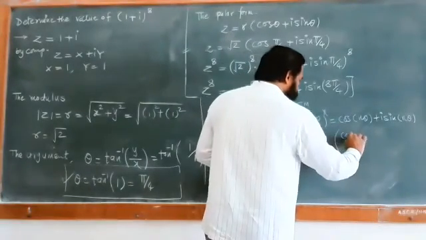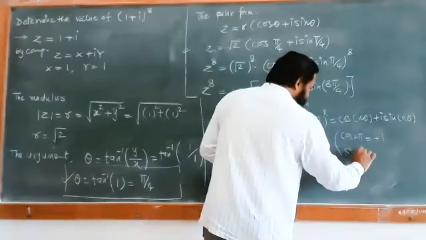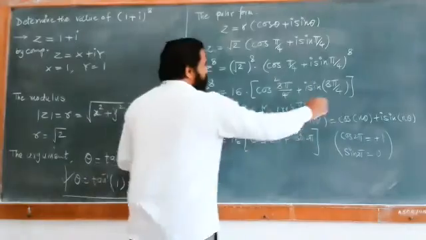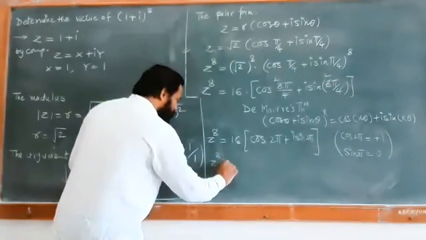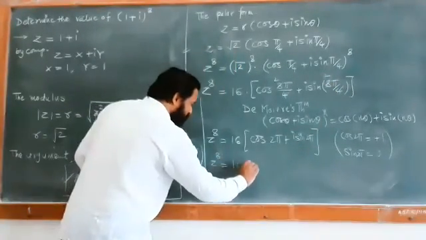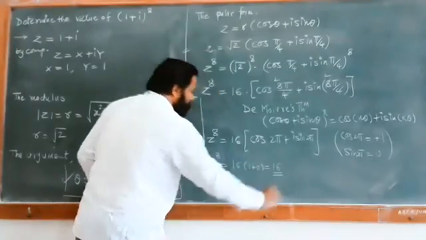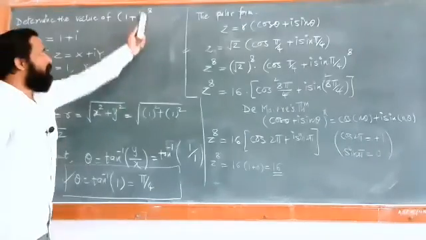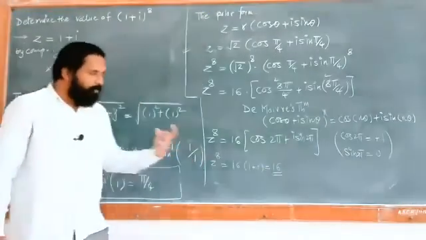Again the same thing. The cos value, cos of 2 pi is equal to plus 1. What is the value of sin of 2 pi? That is equal to 0. And so we can say the number z raised to 8 is equal to 16 into 1 plus 0. And so the answer is equal to 16. किती आली व्हॅल्यू? 1 plus i raised to 8 ची व्हॅल्यू जी आहे, that comes out to be 16. So this is one thing.